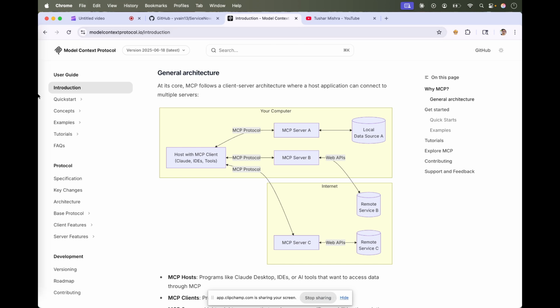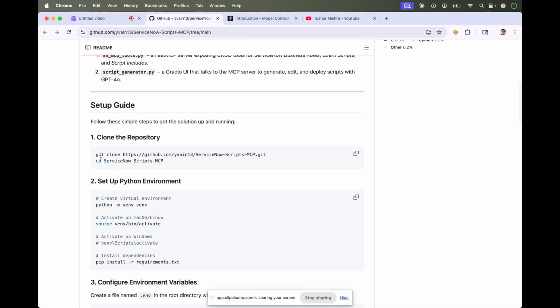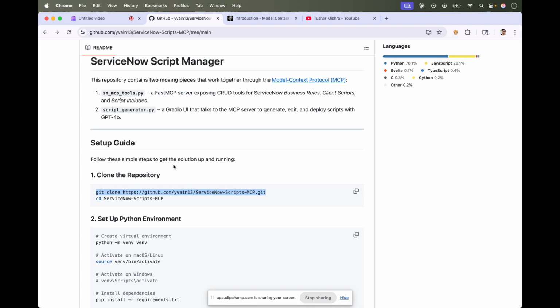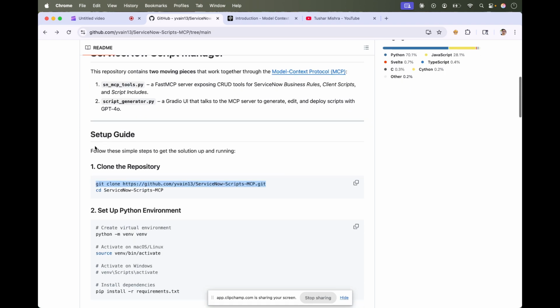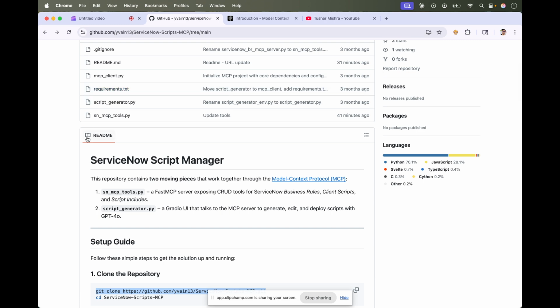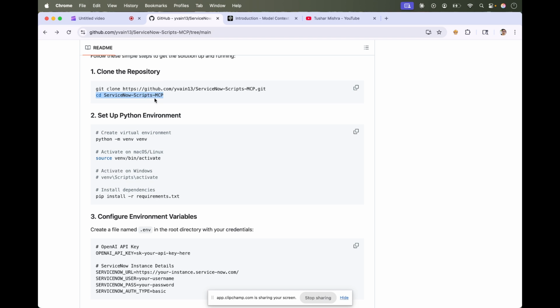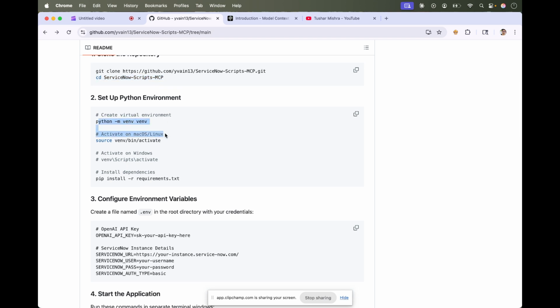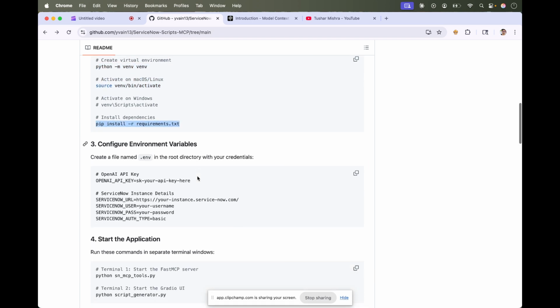Now, how can we connect it? To connect it, it's actually pretty simple. So I will just show you over here. First, you have to clone this repository. It would be better if you clone it. Otherwise, the whole script related to tools and everything is present over here, and you can directly use it, but it's better to clone it because it gives you the requirements and all. Then go to your folder, add the virtual environment, and then install the requirements. So once you have these things,